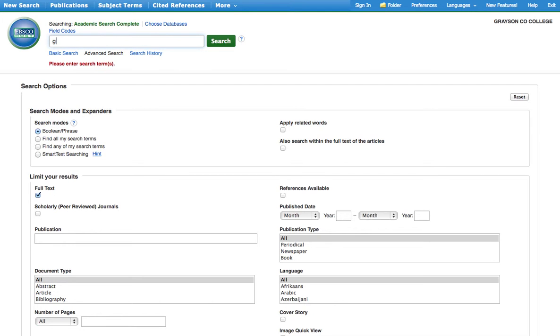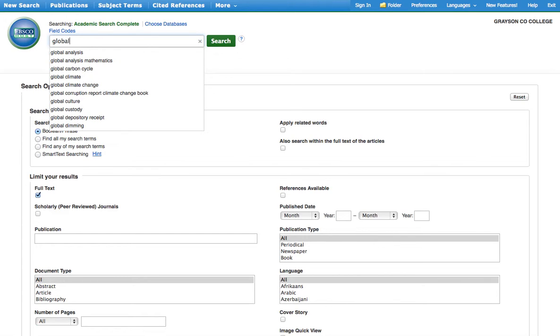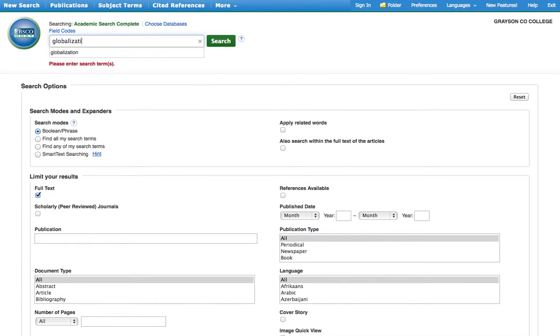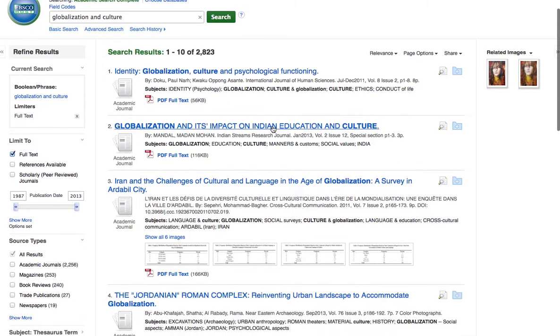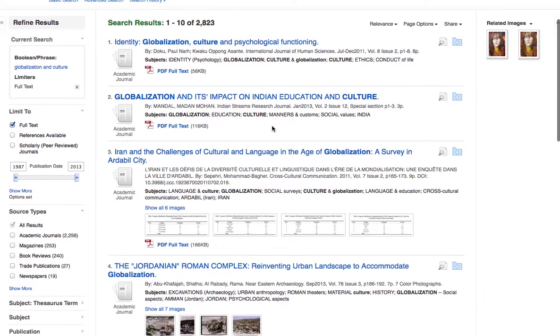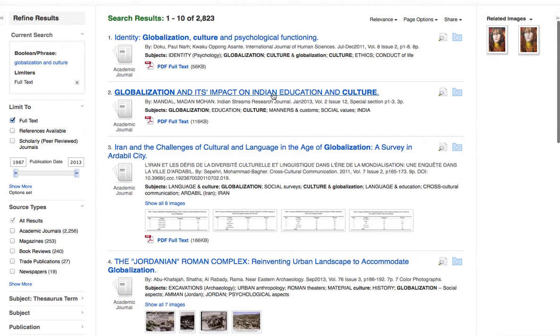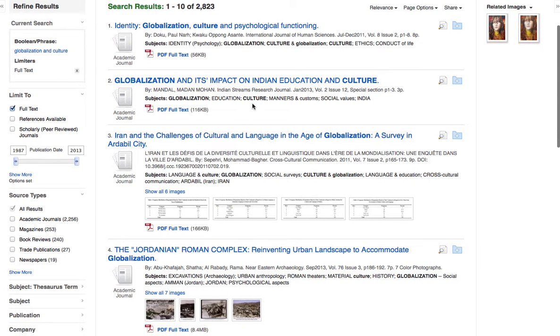But you might type in something like globalization, and let's say culture. Here's an interesting one: globalization and its impact on Indian education and culture. That might somehow relate to the one on the Walmart and the pyramids, for example, from your textbook, where